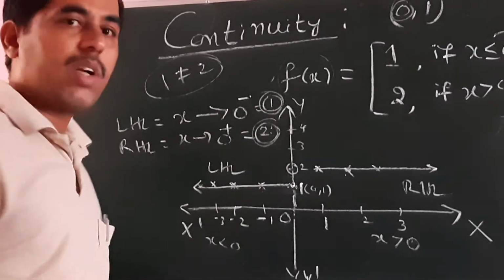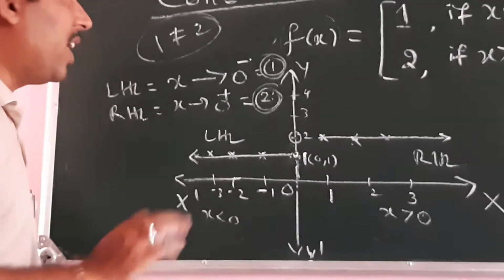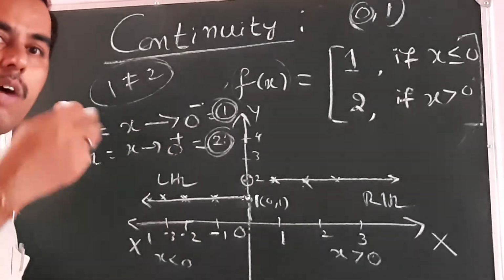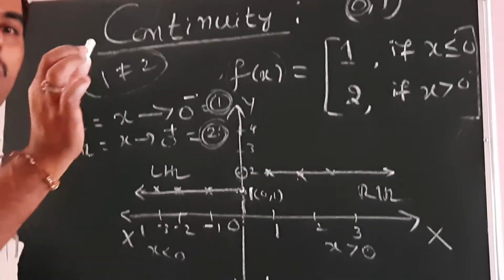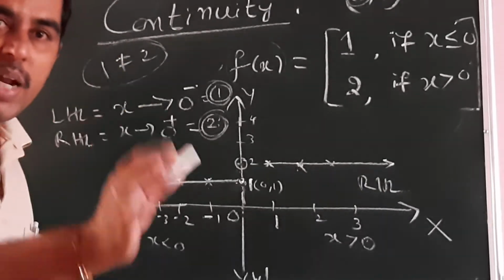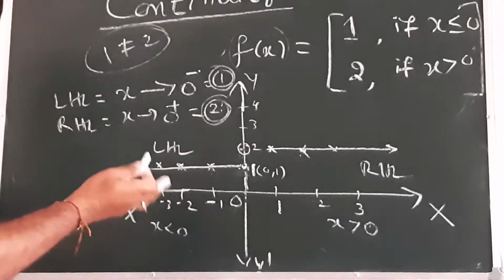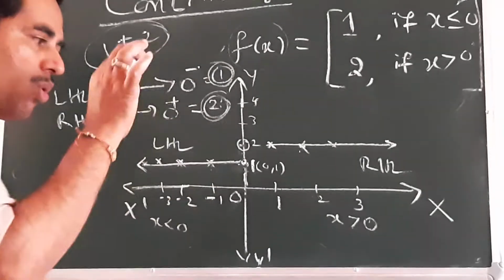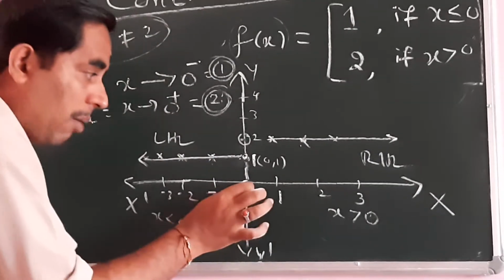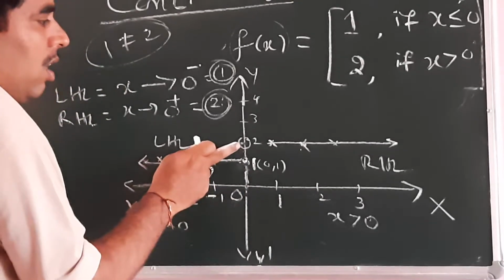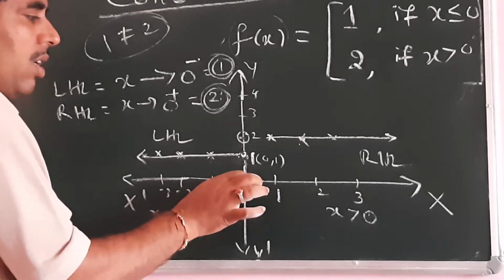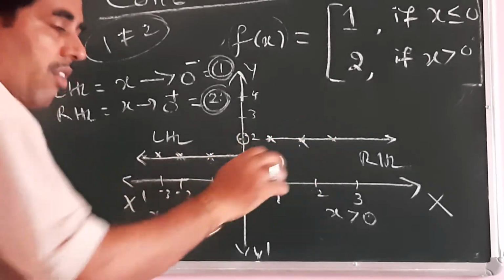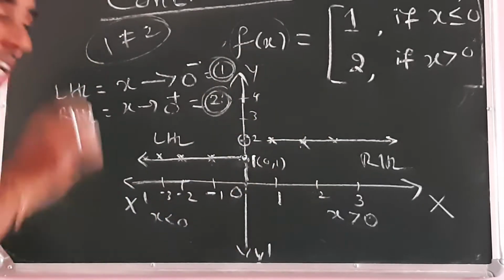So we have written continuity. What is the meaning of continuity? Continuity means it is possible to draw the graph of the function without lifting our chalk piece, pencil or pen from the plane of the paper. Is it possible to draw this graph in one stroke? No, definitely it is not possible, because we have to lift our pen or pencil or chalk when we come to this point 0. We cannot draw this entire graph continuously. There is a break.